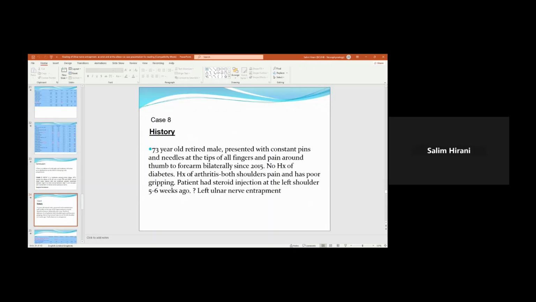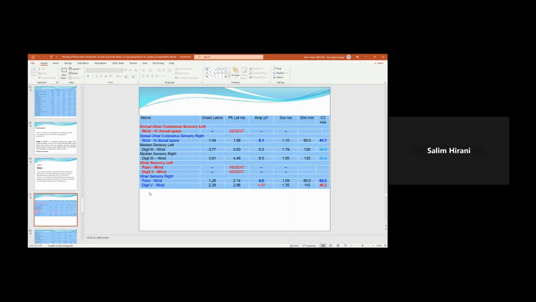This 73-year-old retired male presented with constant pins and needles at the tip of all fingers and pain around the thumb to forearm bilaterally for a long time, since 2015. This patient has no history of diabetes but has a history of arthritis, and had a steroid injection at the left shoulder. So when we did the test,